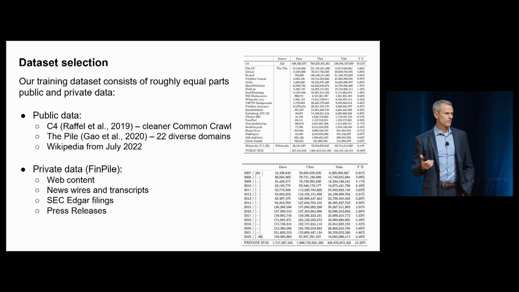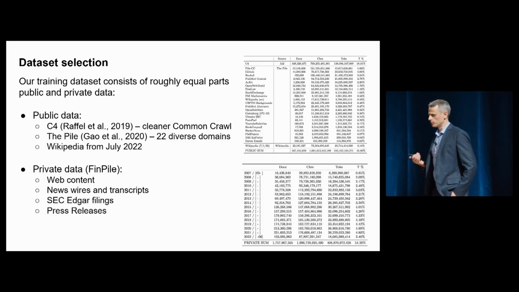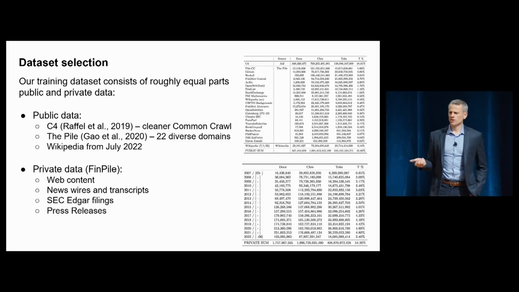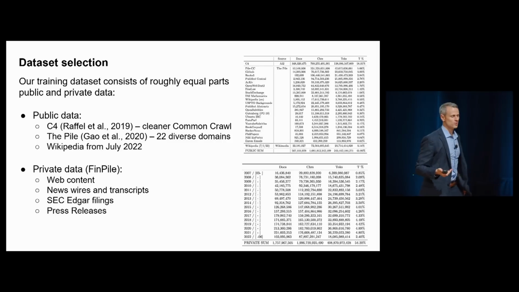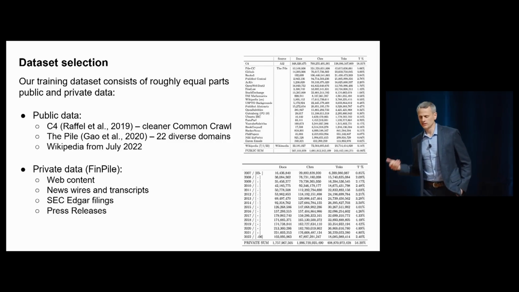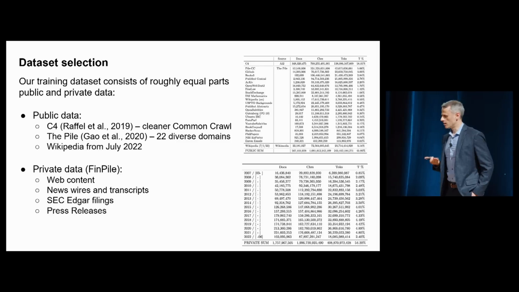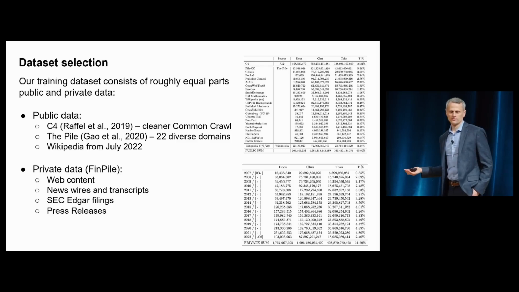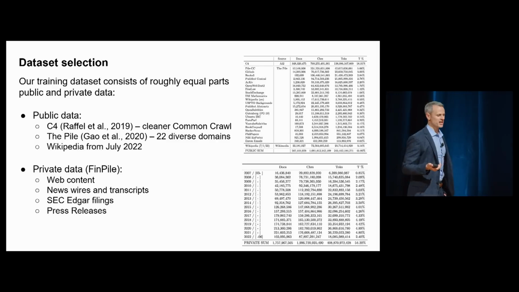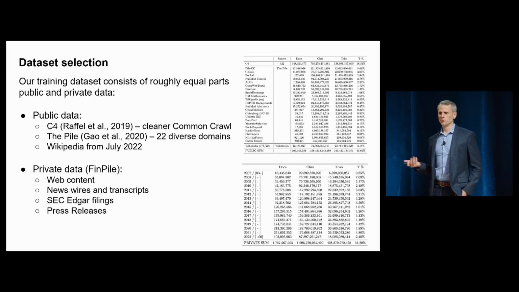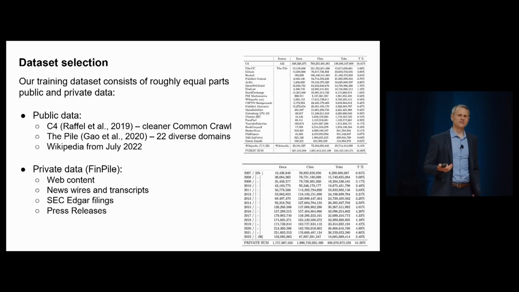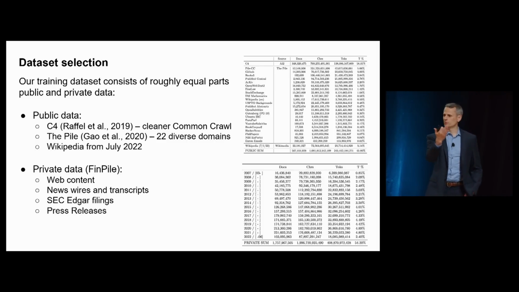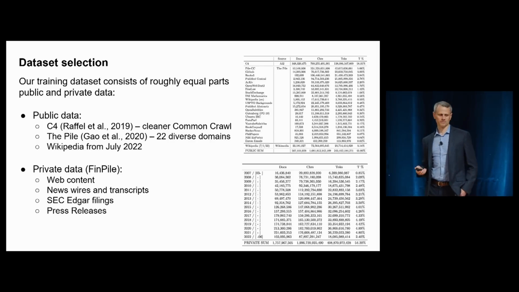The rest of the data set is our private data from Bloomberg, which we call FinPile. Bloomberg's very much a data company. And so just as part of our usual business process, we're collecting and cleaning and processing and cataloging enormous amounts of data. And we've been doing so for decades. So for this task, we gathered together data we thought would be most useful, things that were already nicely cleaned and ready to go. And we ended up collecting data starting from 2007 and coming through until summer of last year.